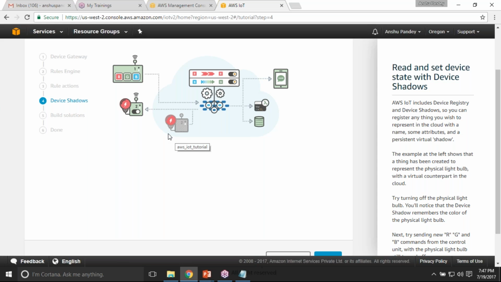Shadow keeps track of the last updated status, the last connected status, of your original device. So in actual fact, you don't need to allow the web application or mobile application to get data directly from your original device. You can simply allow them to contact and integrate with the shadow, which is there on the Amazon cloud,